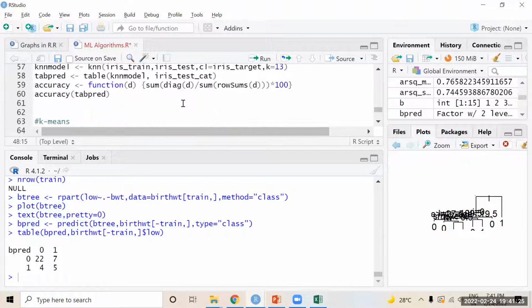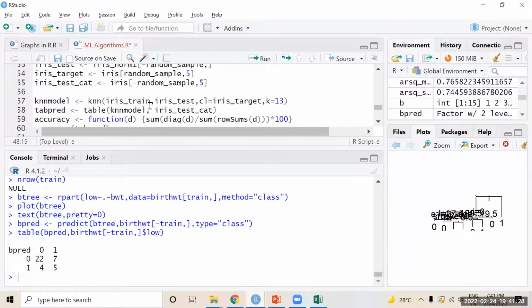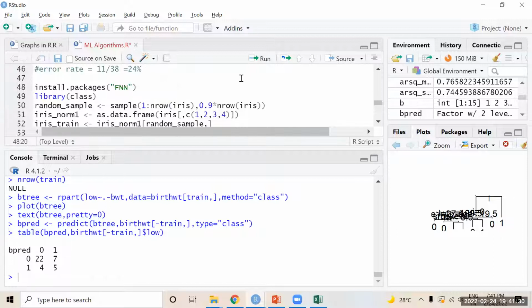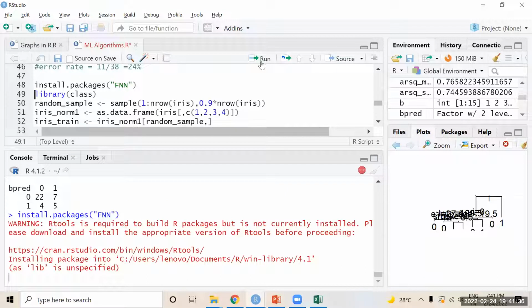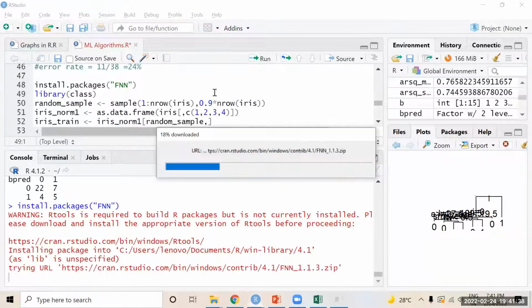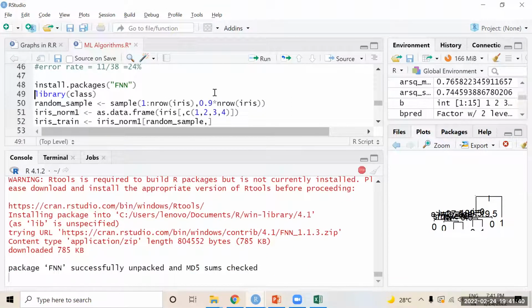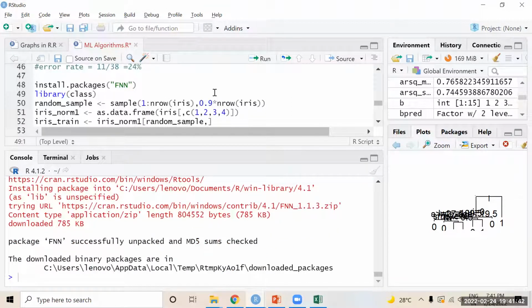KNN model, the K-nearest neighbor algorithm. For this, first you have to install the class library. After that, the knn function will be used to create the KNN classification model.